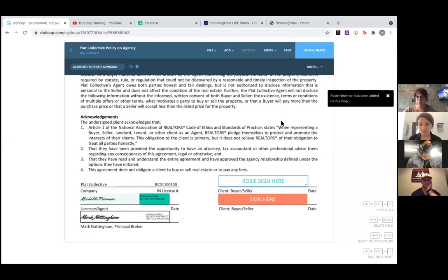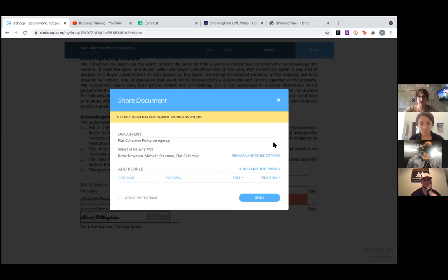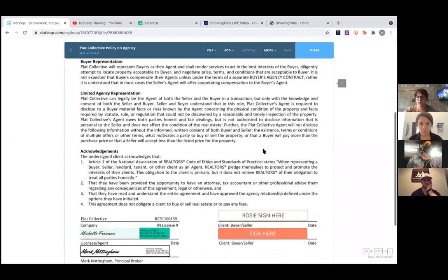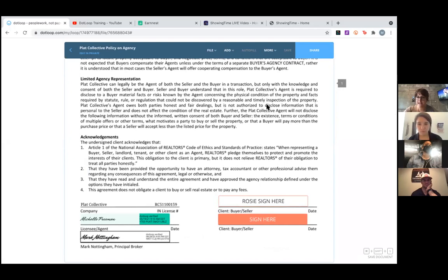So the most standard way, as many of you may have already encountered, to send a document off for signature is to click save and share. Yes, we want Rosie to sign. Perfect, easy. Let's say here, I'll go ahead and share that with her. Great. But let's say Rosie and I are in person and she hasn't signed, and I'm like, hey, while I